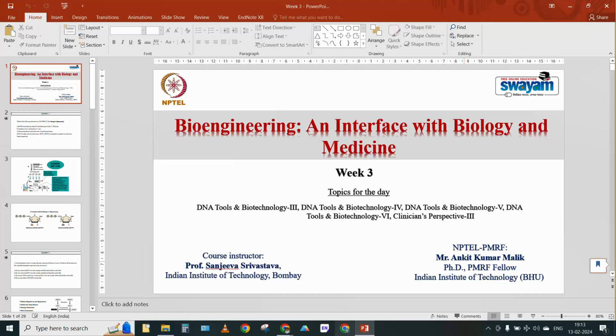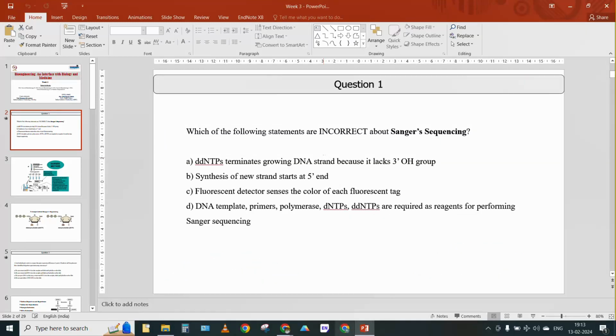The topics for the day are DNA tools and biotechnology third, DNA tools and biology fourth, fifth, sixth, and clinician perspective third. So we'll start with question one of last year's assignment. Question one is: which of the following statements are incorrect about Sanger sequencing? So the options are,